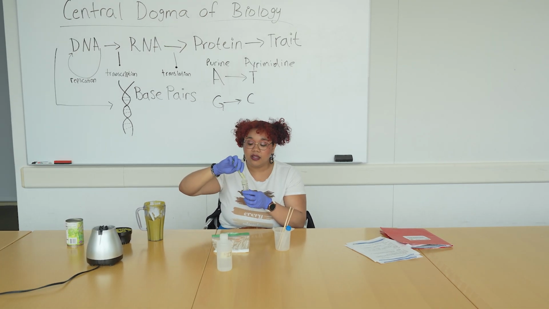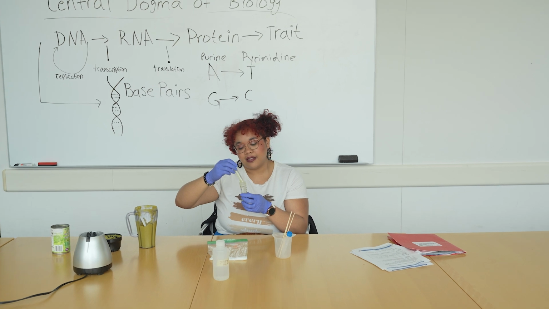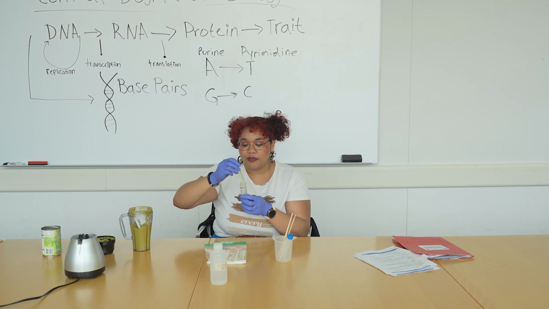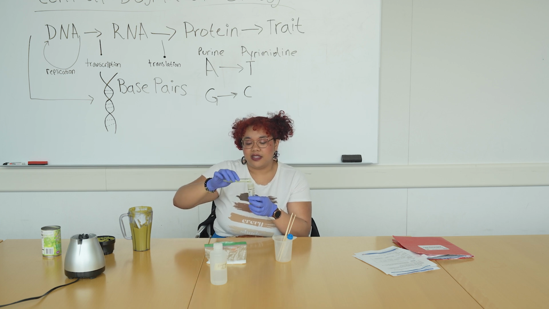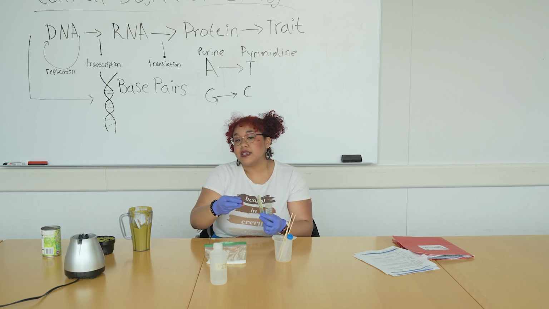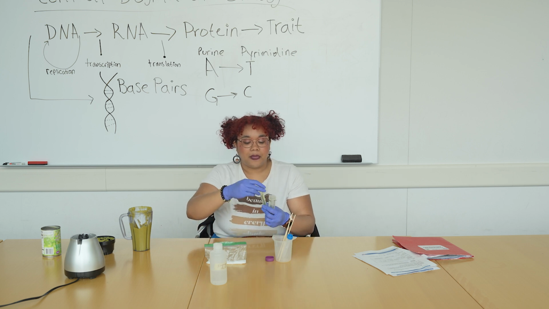And it's okay if not all of the detergent comes out because it is kind of sticky, but as long as we have most of it in here, that's fine. We just want to have just enough detergent so that can break down the cell walls